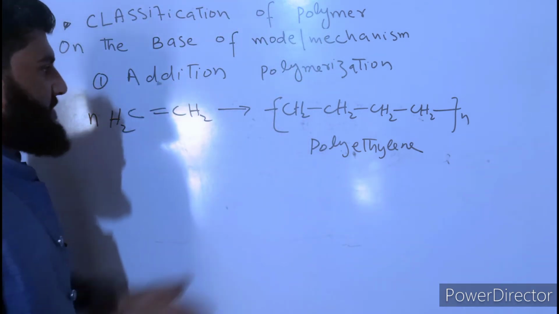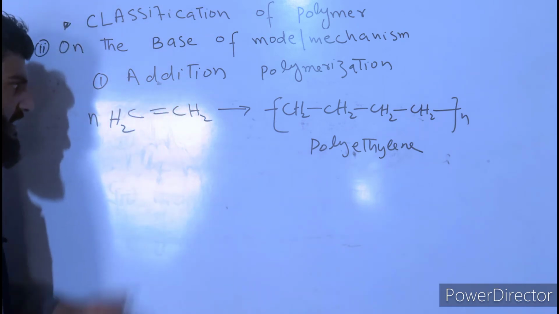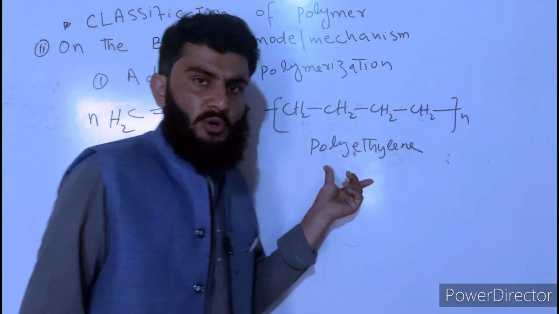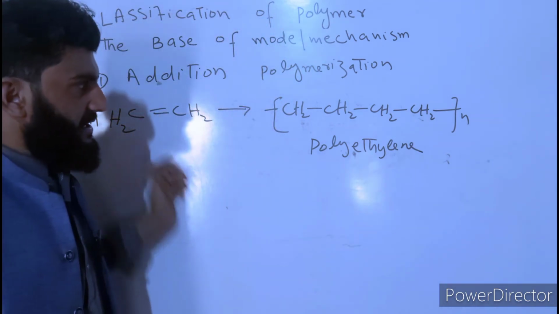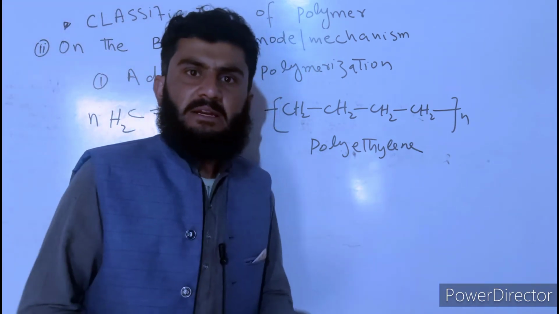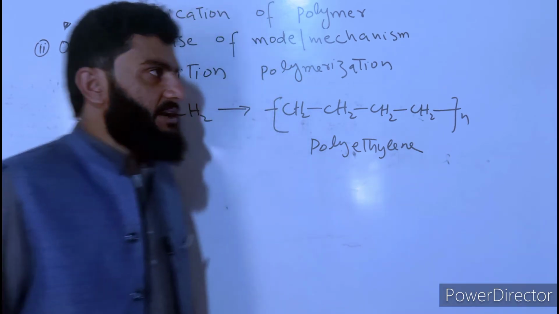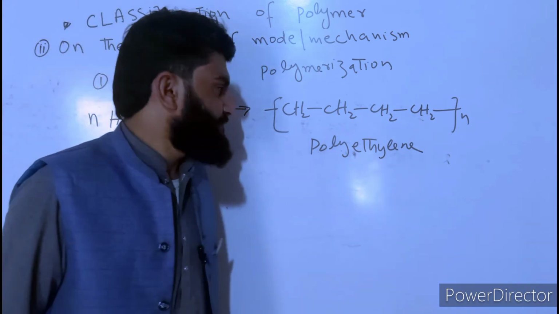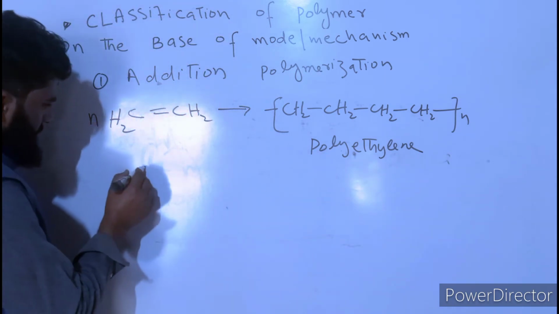Clear? So this is polyethylene, no side product is formed. Clear? So such type of polymers which are obtained by the addition reaction, this is addition reaction. We will inshallah discuss their mechanism, how they undergo addition reactions. Clear? So these all will be stepwise. Okay, so another example,